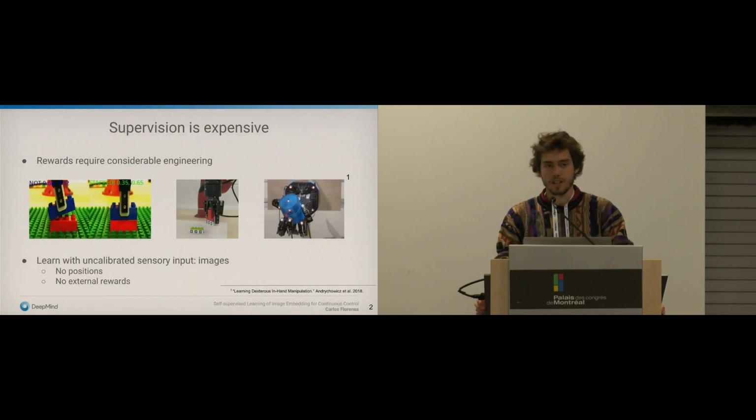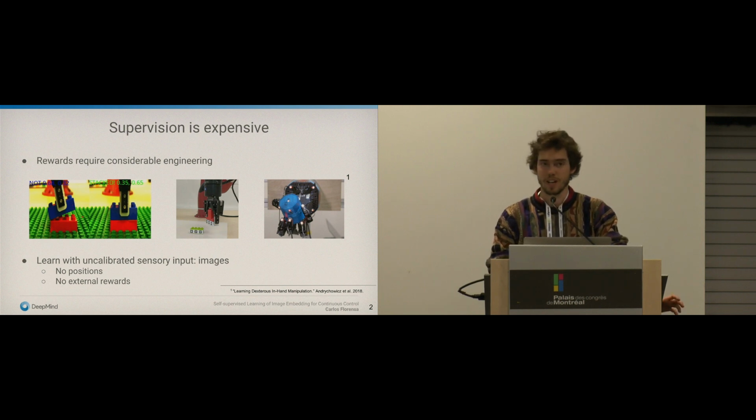The main motivation is that supervision is expensive. Rewards that are very often just taken for granted in reinforcement learning might, in many settings, require considerable engineering. We have here to the left a detector of whether two Lego blocks are stacked, and this took substantial effort to avoid false positives and so on. In general, to know the position of objects, we might require instrumentation of the environment, like here the AR tags, or some of the works that we have been seeing from OpenAI with an awful lot of markers and 12 cameras around.